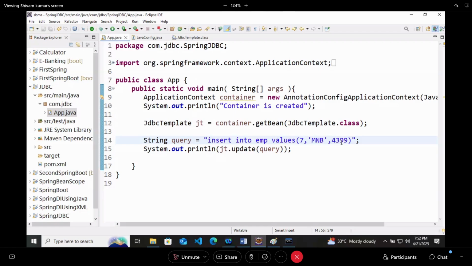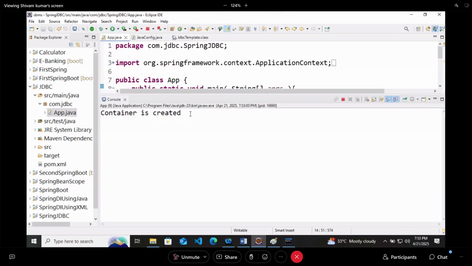Let's try to add some wrong value. This ID I will make a string, means a varchar value. And this MNB I will give as an int value. Like this, means I will write a wrong query. We will run.